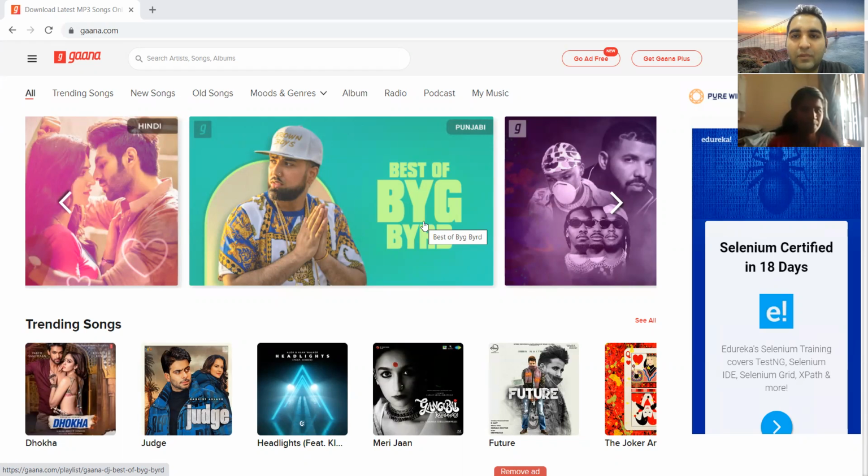So first you can start with the test cases on the web application. How will you test it? And then you can come to the mobile based application. Let's say if you install this application of Ghana.com on the mobile, then how will you test it?